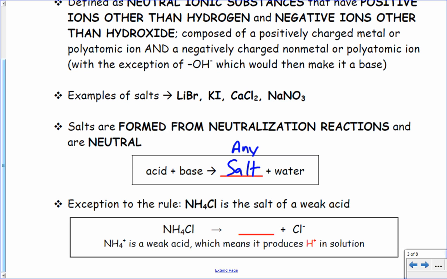The only exception to this rule is NH4Cl, which is the salt of a weak base. NH4+ is a weak acid, which means it produces H+ ions in solution. So NH4+, when it dissociates, this is that ammonium ion in Table E. Okay, ammonium is the salt of a weak acid. So NH4Cl is a salt, but it's the only one that actually forms an acid a little bit when it dissociates. We'll get into why that is when we get into the